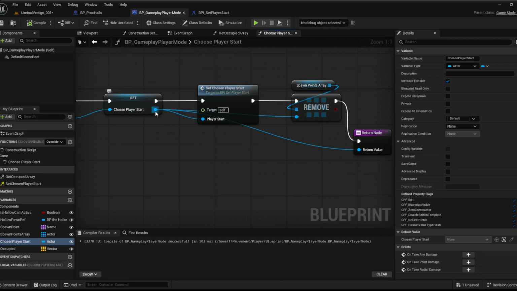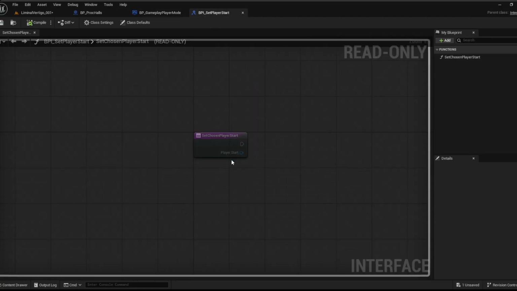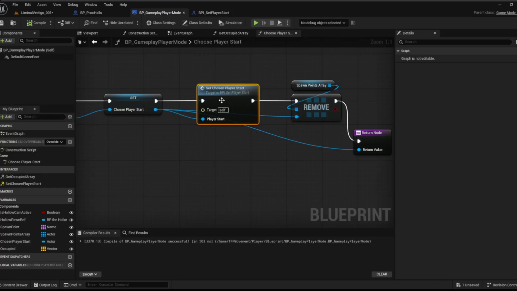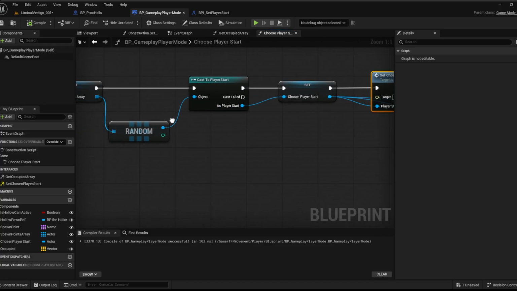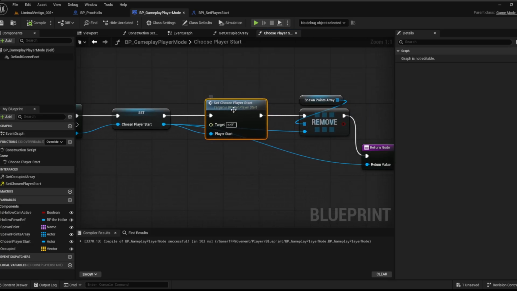And then from there, it will pass that to the interface function, which I created an input variable for player start, which is also of type actor. So once I call this, I can send whatever was randomly chosen here into player start, and from there I